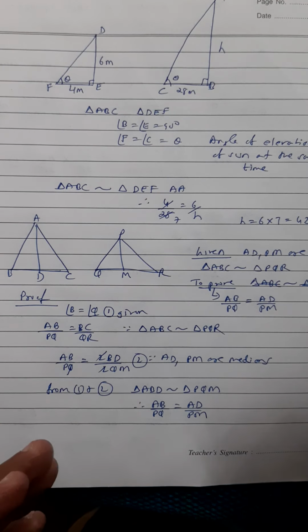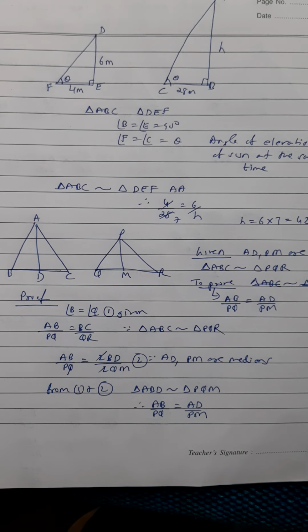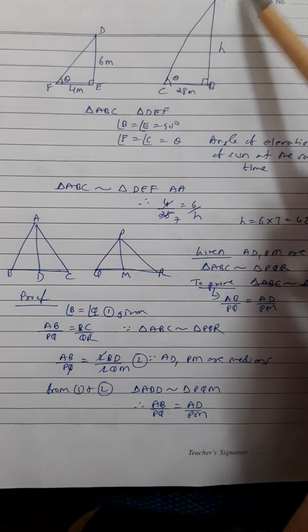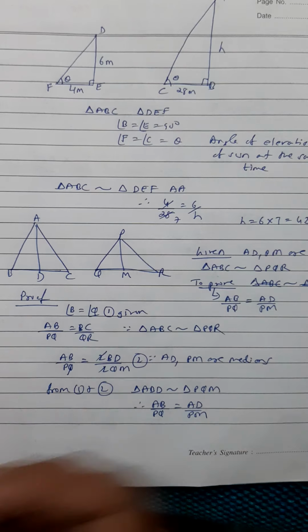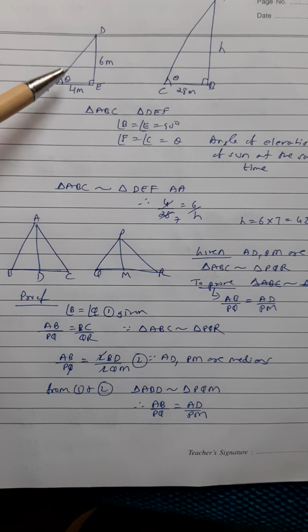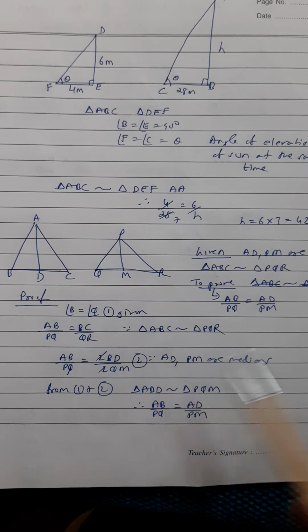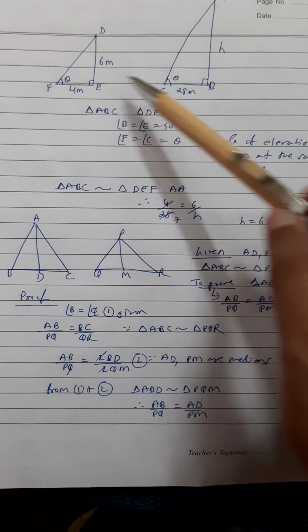Okay, when you're looking at the sun from your house or 10 kilometers or 20 kilometers away from your house, that angle at which he is seeing the sun is going to be the same for the two people, right? So whether you look at this triangle or this triangle, the shadow is being formed at the same time, so these two angles are going to be the same. This is called angle of elevation, which you will learn in trigonometry in the later chapters. Okay, when we look upwards at something, that is called angle of elevation. So the angle of elevation of the sun is going to be the same at the same time. If the timing were different, then the angle of elevation would have been different. But here, since it is the same time, these angles are going to be equal.